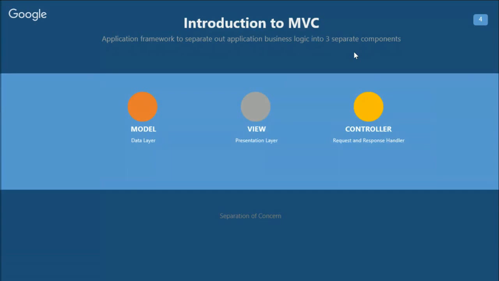So what is MVC? MVC has three separated out business logic components. The first one is model. Model is the data layer where we handle the data logic. Then there is the view. View is the presentation layer, means here we work on the user interface. Then we have controller. Controller is the